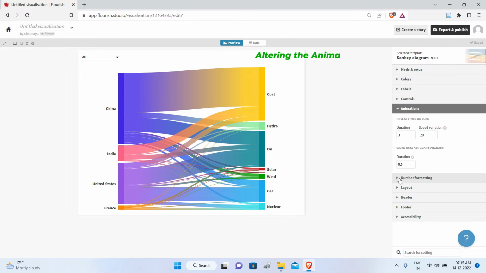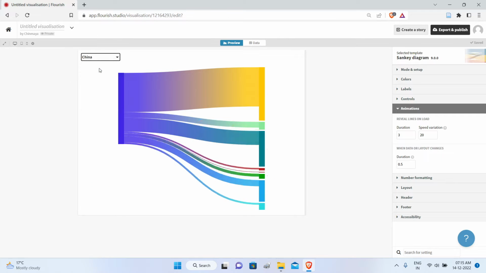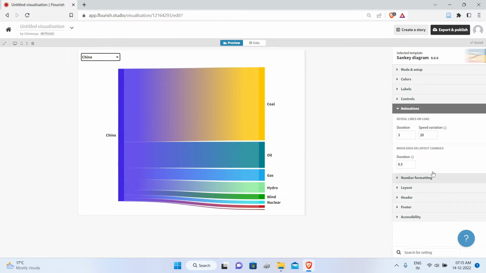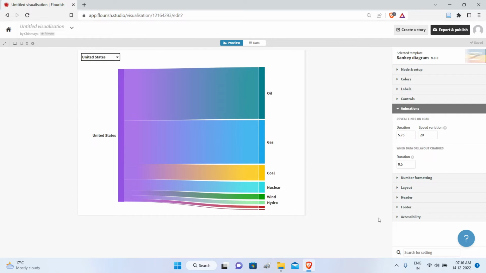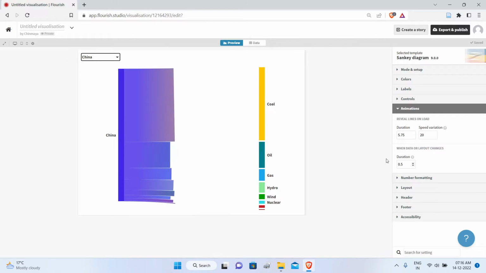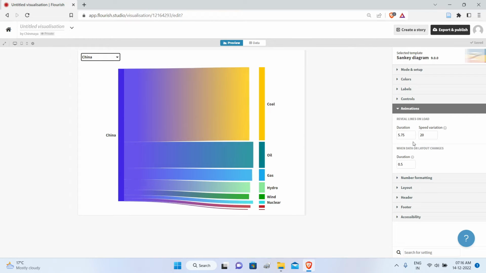If you click on animations, you can alter the speed or duration of the animation. When you load this chart initially, say for example, if I load it for China, you will see a little animation. So you can increase the duration of that animation, that is, make it play a little bit slower as compared to the previous version. So you can make it play a little slower or faster from here. So this animation that you are seeing on your screen, I have slowed down because I've increased the duration of